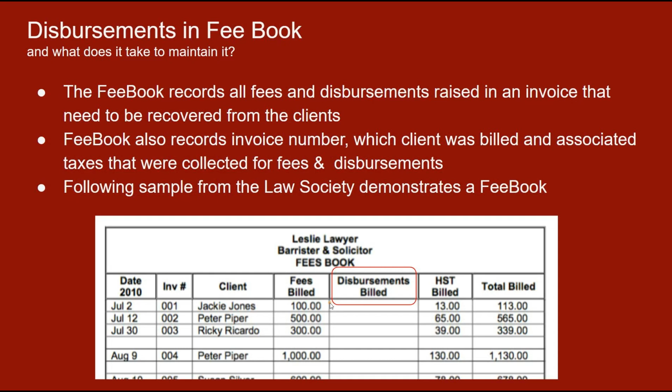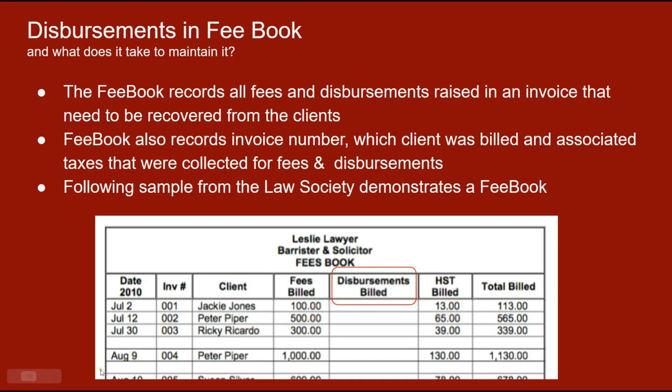So for that example that we had of 565, where $300 was for fees and $265 was for the disbursement, you would have the fees, disbursements, and any jurisdictional taxes separated out. Okay?